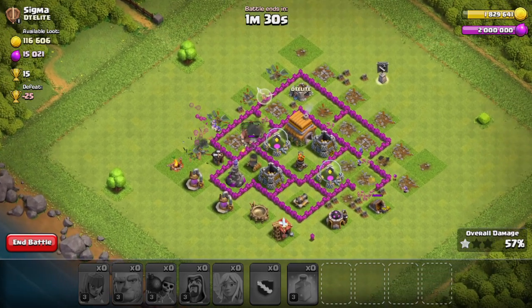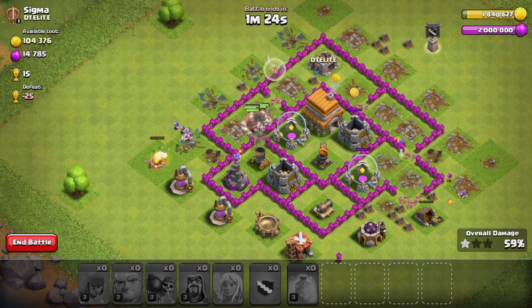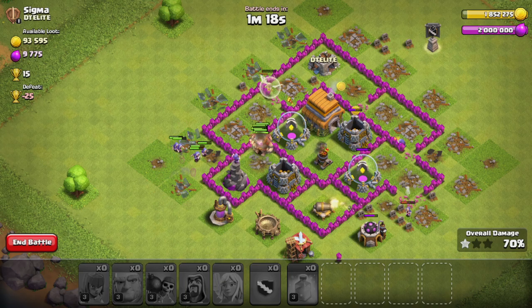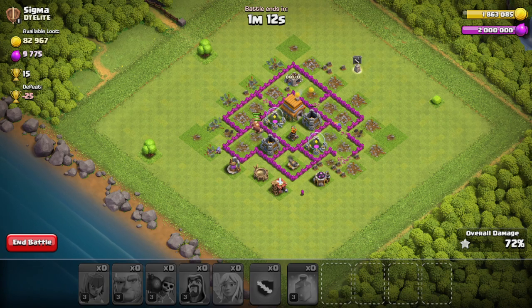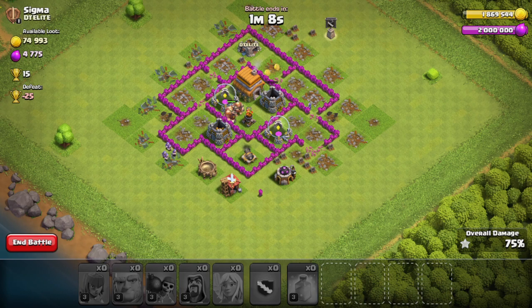Especially if they can manage to get into this compartment right here, because that will mean that most of the strongest defenses will be gone. And then I'll just have to deal with the cannon over here. Perfect, this is really good. There we go. Now all of the strongest defenses are gone,